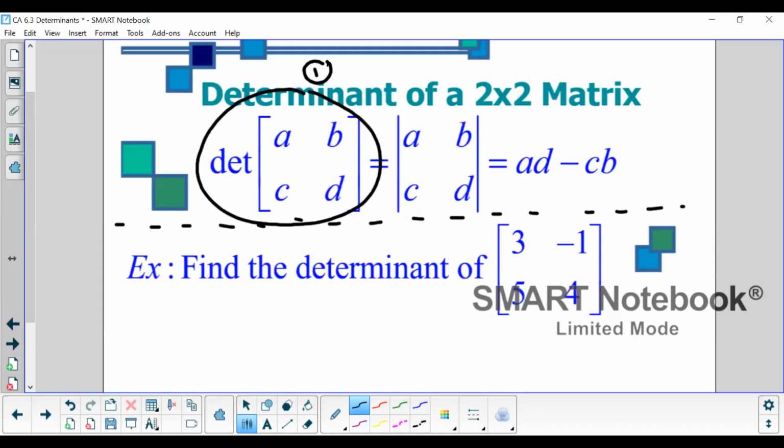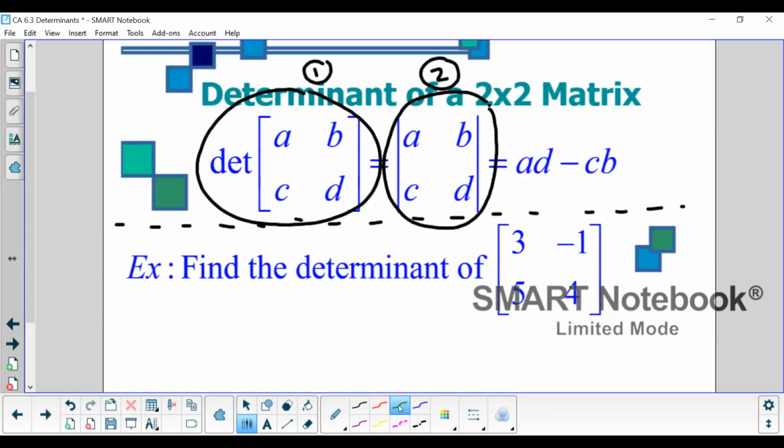Another way is this one. This is a second way, where we just have the entries the same, but we put straight lines around it. If you see that, that's also telling you that you need to find the determinant of the matrix ABCD. Two different notations mean the same thing. And the way you find the determinant of a 2 by 2 matrix is you multiply, and I'm going to use the words from the definition, the products of the diagonals going